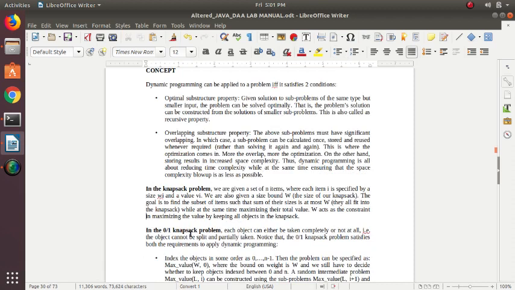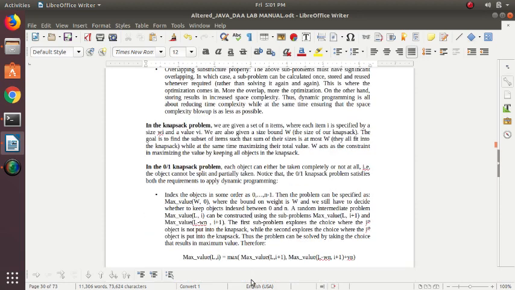The 0-1 knapsack problem says each object can either be taken completely or not at all. That's the meaning of 0 or 1. You can't partially select the object, right? Next, the objects are indexed in some order from 0 to n minus 1.